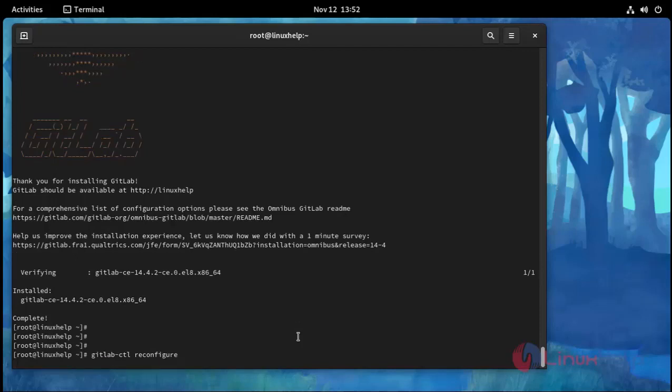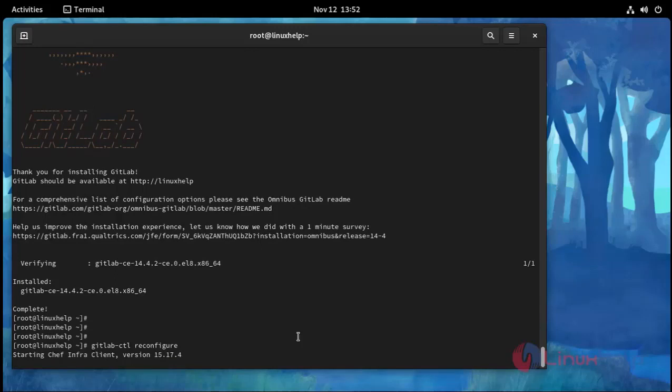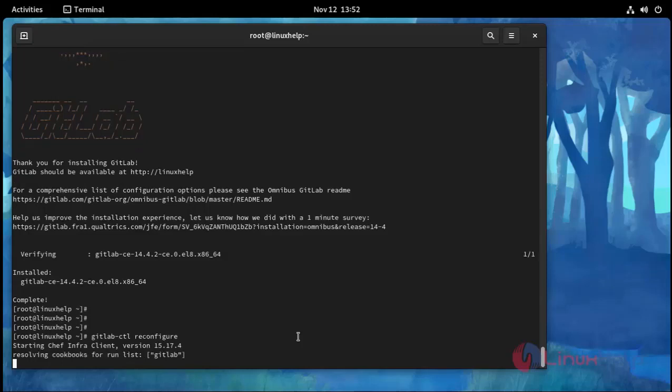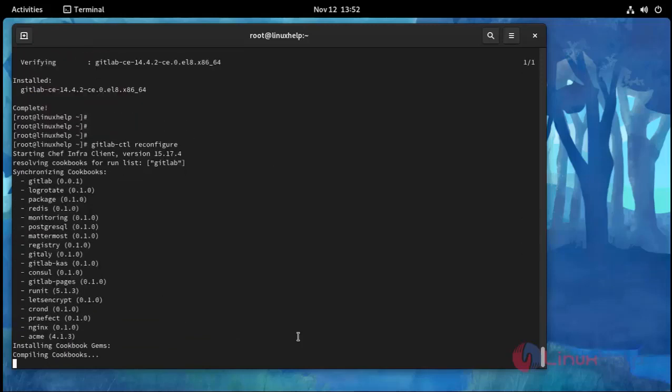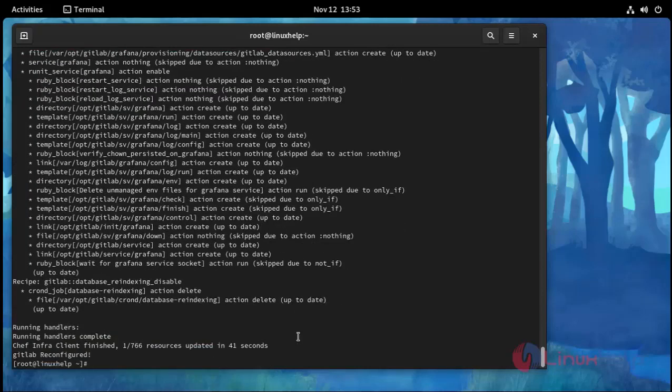Press enter. GitLab reconfiguration is started. After completing reconfiguration,